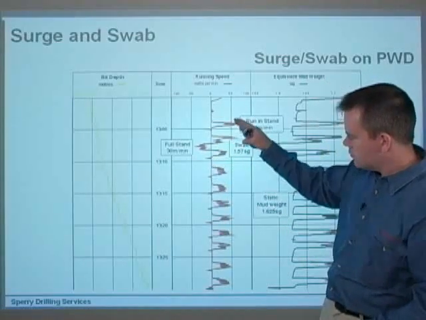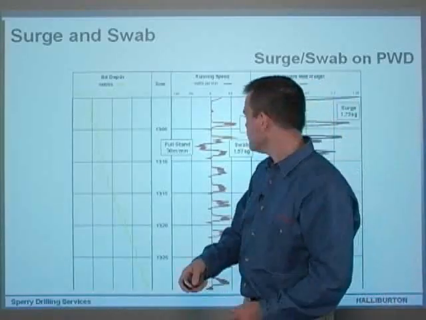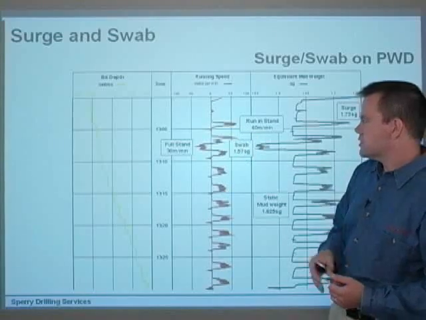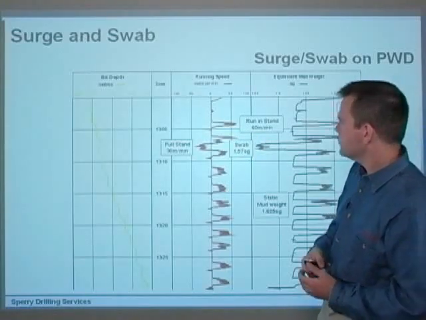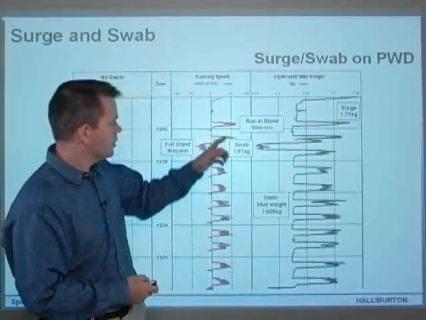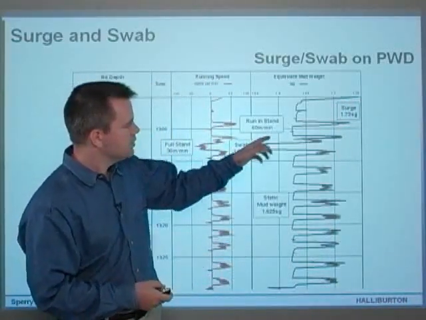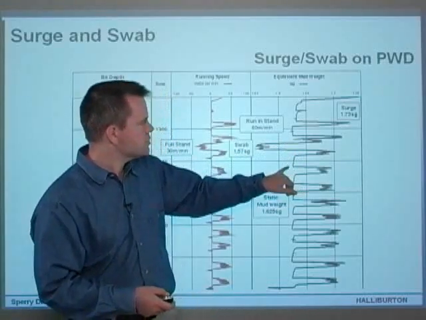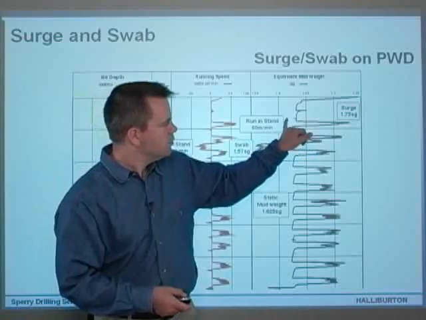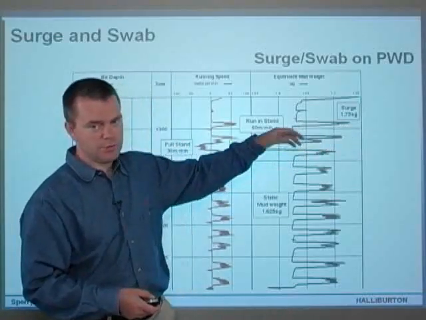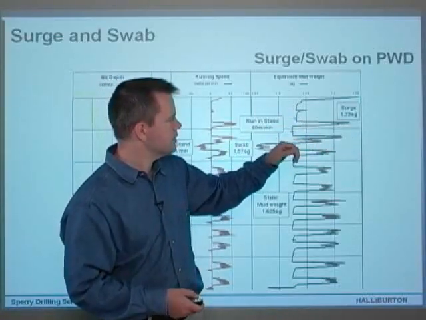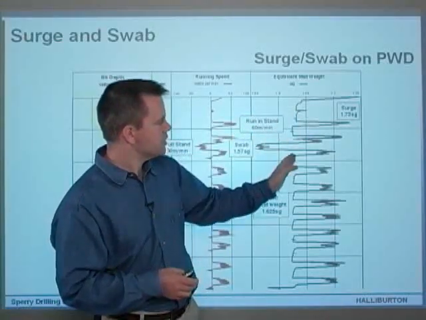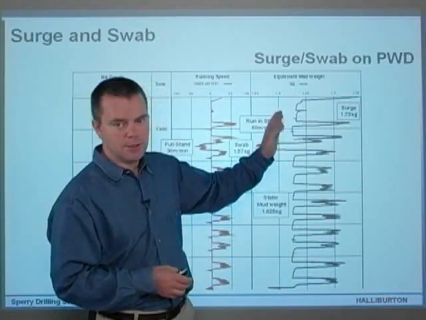All the way down here, we've got a variety of different run speeds. But in general, up here we've got about 60 meters per minute. Up at this level, and from a static mud weight of around about 1.625, 1.63, we're actually increasing the equivalent, that's 1.63 SG, or grams per cubic centimeter approximately. But 1.63 SG is the static